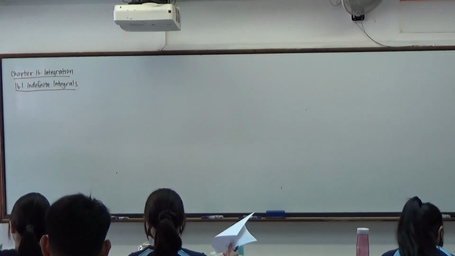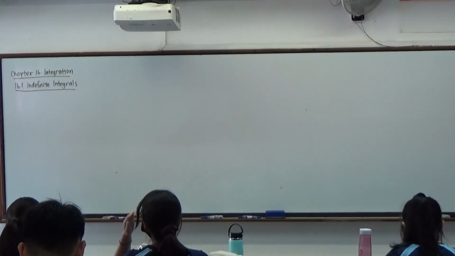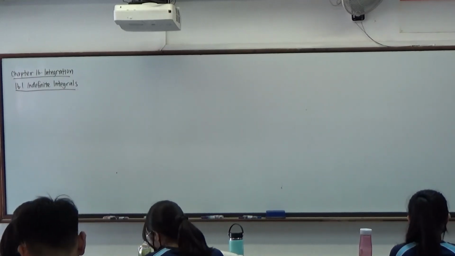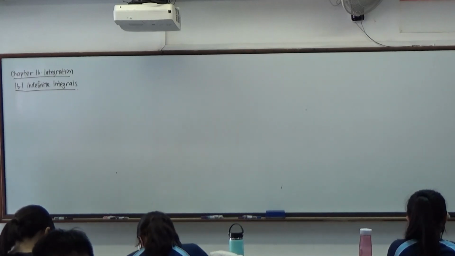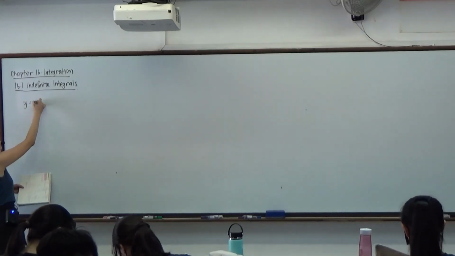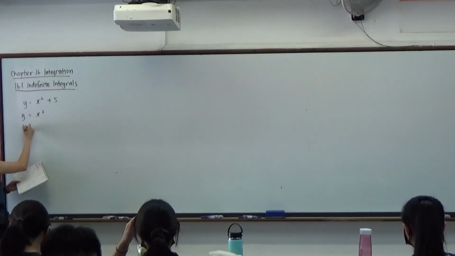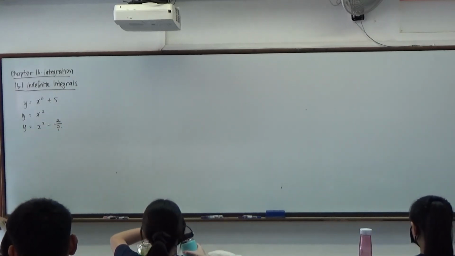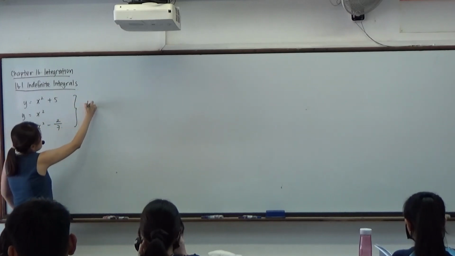To start off about indefinite integrals, why are we talking about indefinite? Does it mean there's a definite? Yes, there's a definite one which we'll cover later on, but for starters, we are looking at indefinite. The reason is, for example, if we are looking at y equals x squared plus 5, or y equals x squared, and y equals x squared minus 2 over 7, we realize that given this variety of functions, our dy over dx is all the same,